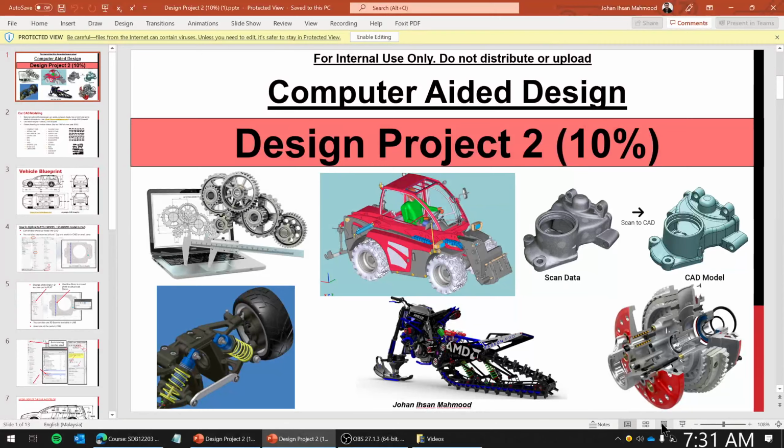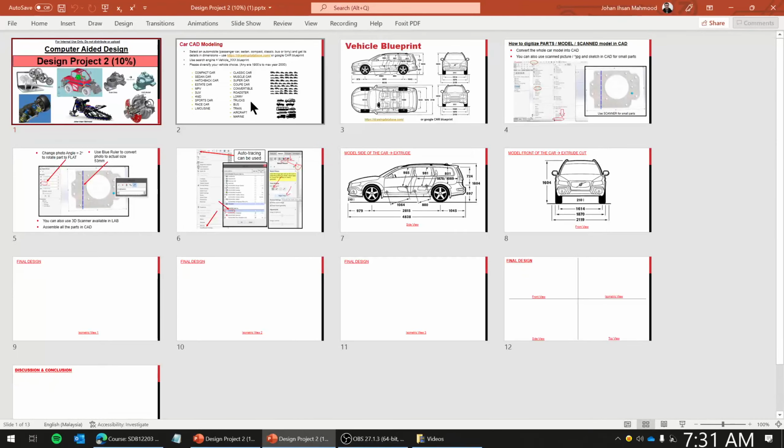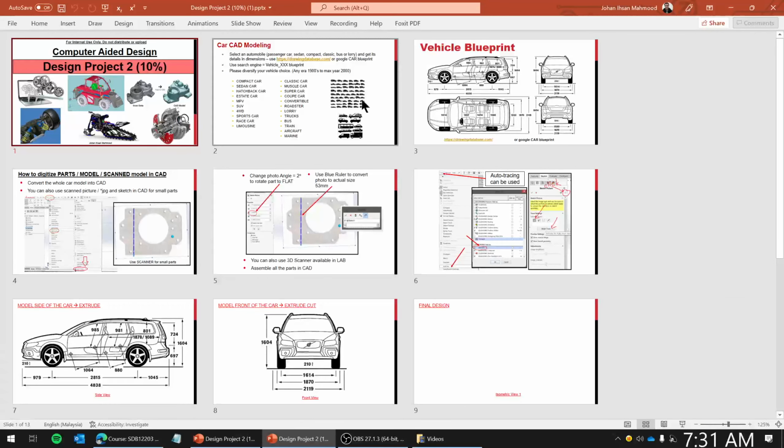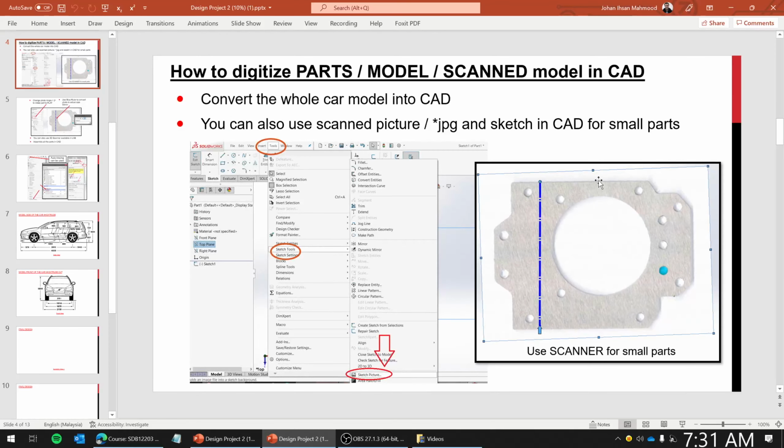So what we have here is some sort of vehicle design, and you can apply the same principle when you want to model something which is not available in CAD. For example, if you have a part made of aluminum, you can scan this part, and then you can take one measurement, and then you can import the JPEG